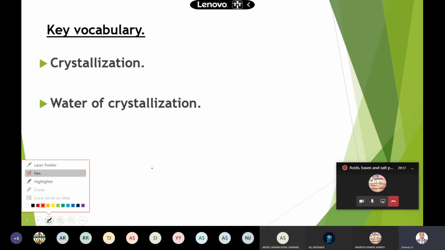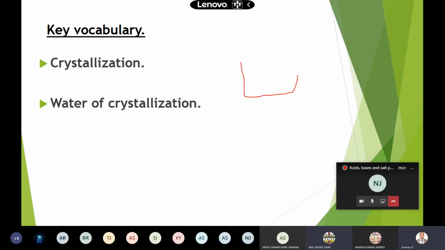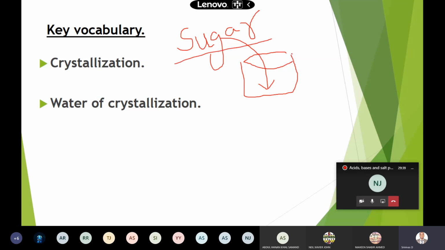Nothing else. Okay. Sir, can you explain it again? I was a bit confused. So simple, dear. You just take a little water and add one or two spoons of sugar. You know, sugar is available freely, right? Add sugar and stir. What is sugar? The normal table sugar we use for making tea and other things.